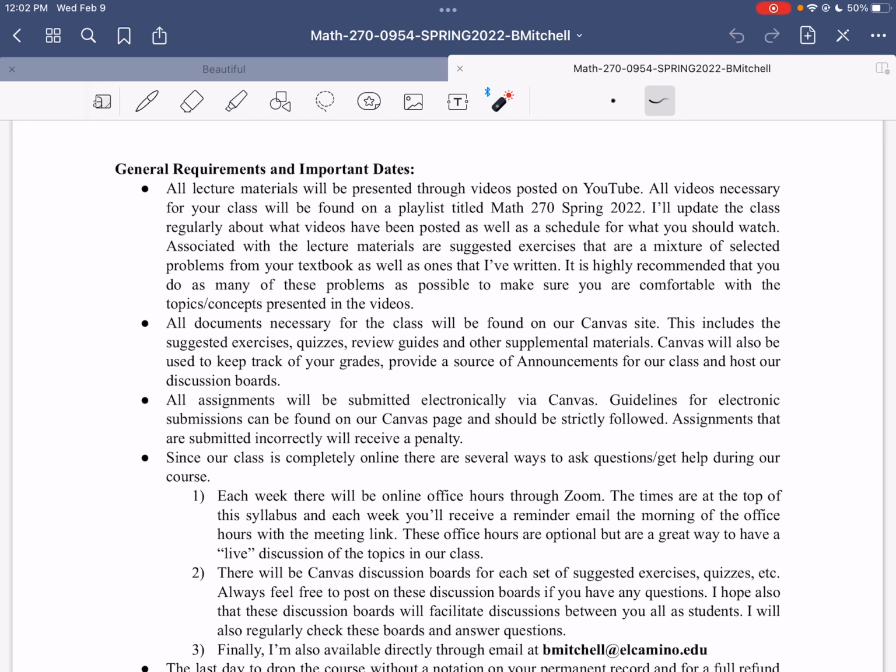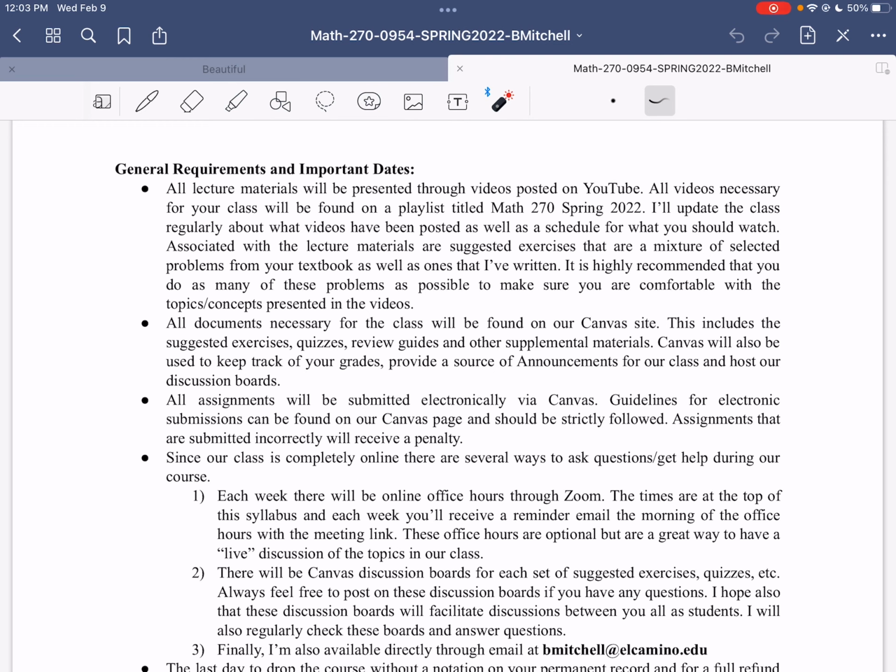The second thing I want to mention is the schedule. You'll get a weekly schedule posted at the start of the week on Monday that'll run you through the important dates that are coming up, if there are any assignments coming due, and a schedule to keep you on pace for the videos themselves. And again, since this is an asynchronous class, it's your choice when to do those things, but I would generally recommend trying to stick as close as possible to those weekly schedules, just so things don't